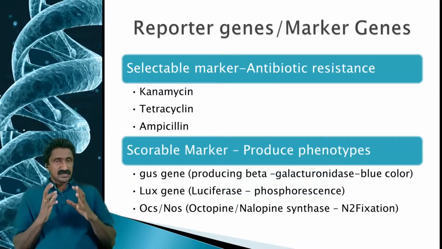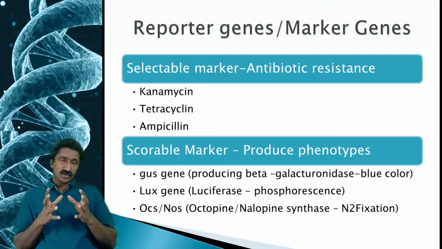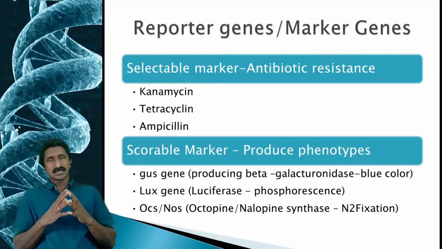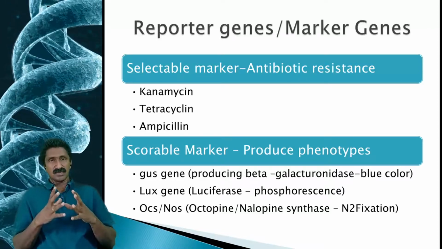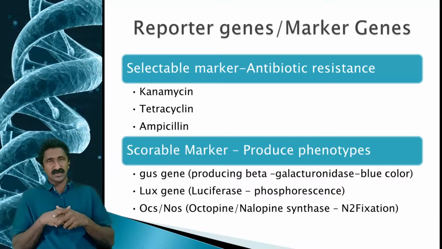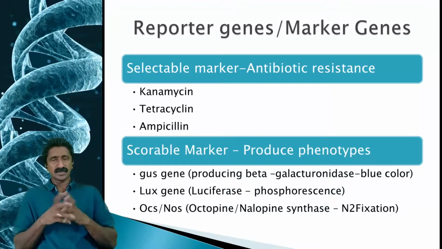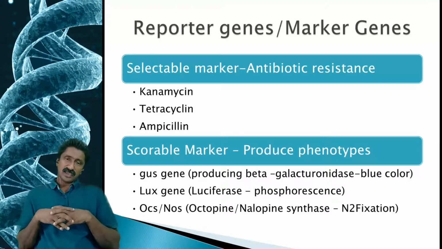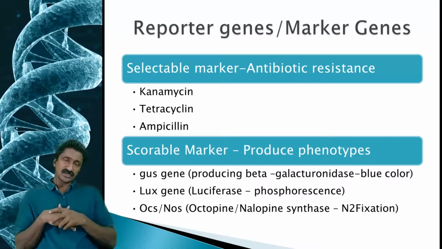The first one that is discussed is about reporter genes or marker genes. You might have heard about selectable markers and scorable markers. The selectable markers were basically antibiotic resistance genes, for example, kanamycin, tetracycline, ampicillin. These are standard genes that were incorporated into the vector as a selectable marker. So the basic concept is that, for example, in pBR322, we have a tetracycline and ampicillin resistance gene incorporated, and you can select the clones containing this particular